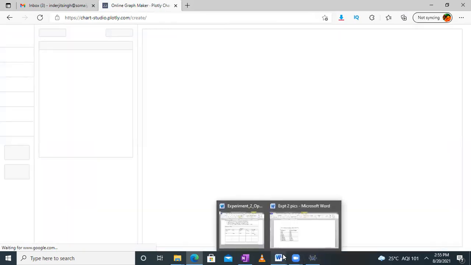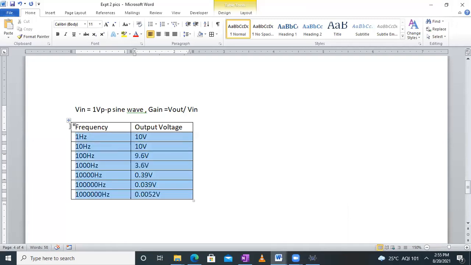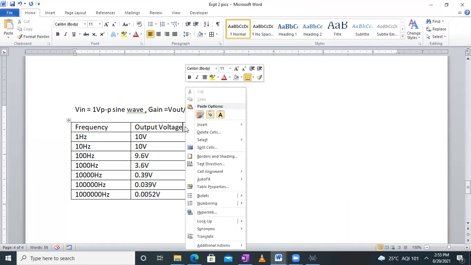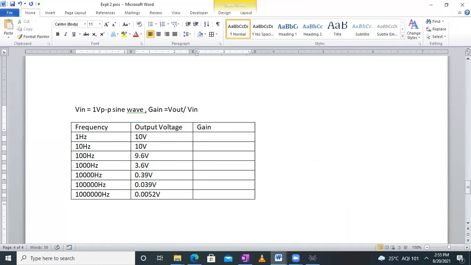Okay, so we want to plot these values. You can plot it in Excel also, but let's say if someone doesn't have Excel, then we have to plot it like this. Now we can add one more column actually. So here we will write the gain. So what will be the gain formula? Gain formula will be V out divided by V in. Correct? So V in is actually 1 volt only, so all the readings will be the same. Only thing is that over here the volt will disappear, because gain will have no unit. Okay. So these are the gains for various frequencies.